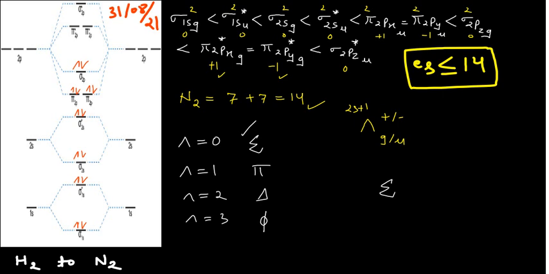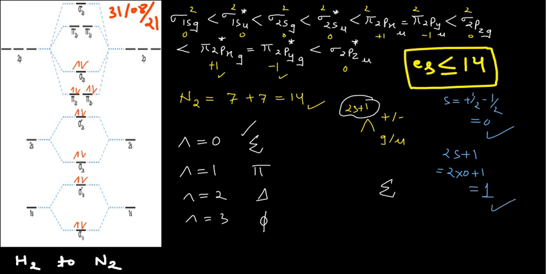Okay, now you have to calculate this 2S plus 1, right, the spin multiplicity. And for this spin multiplicity, you are clearly observing here there are 2 electrons which are paired. For the paired electrons, if you want to calculate the S, so S is what? Plus half, minus half. So plus half minus half would give you 0. That means 2S plus 1 will give you 2 into 0 plus 1, that is 1. So spin multiplicity is 1. So in place of this 2S plus 1 you can write 1.